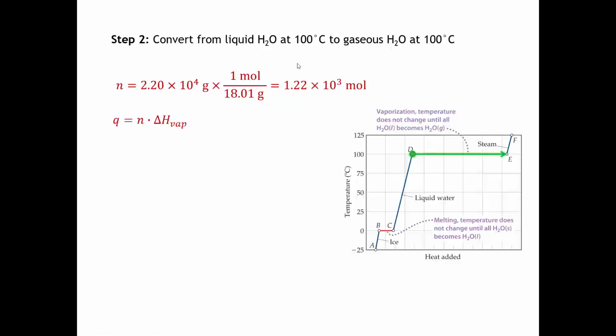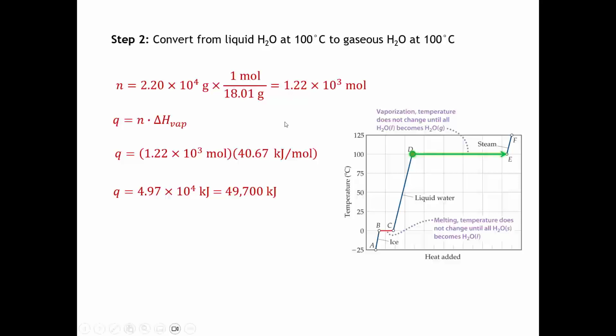Then we just need to take that number of moles and multiply it by the enthalpy of vaporization. And doing so, we get this number, 49,700 kilojoules, which is actually a much bigger number than the amount of heat required to raise the temperature from 25 to 100. But we might have anticipated that from our heating curve, because the amount of heat added is the x-axis. And you can see that to go from point D to point E, we traverse quite a ways